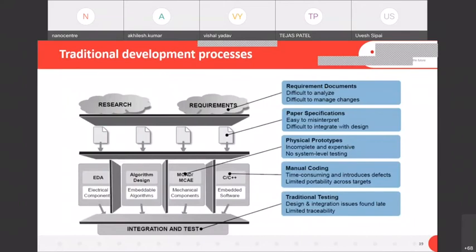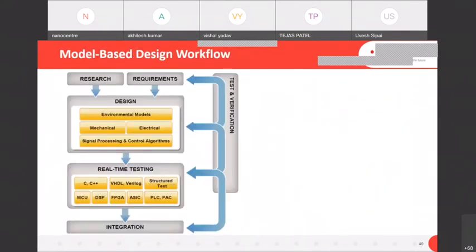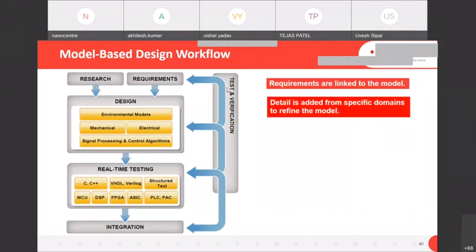Now let's say you have a more advanced system. What will be the workflow in Simulink to follow for advanced modeling of a system? First, we need to do some kind of research, and based on that, determine what the requirement is to design the model. In MATLAB, requirements are already linked to the model. There are Simulink Requirements, Simulink Check, and Simulink Coverage blocks available, meaning you don't have to write on paper. You can directly link the requirement with the model.